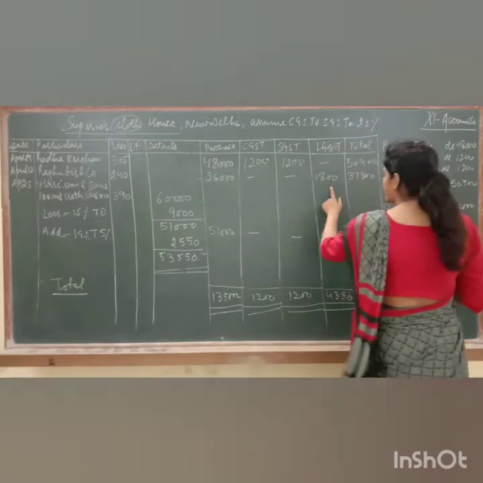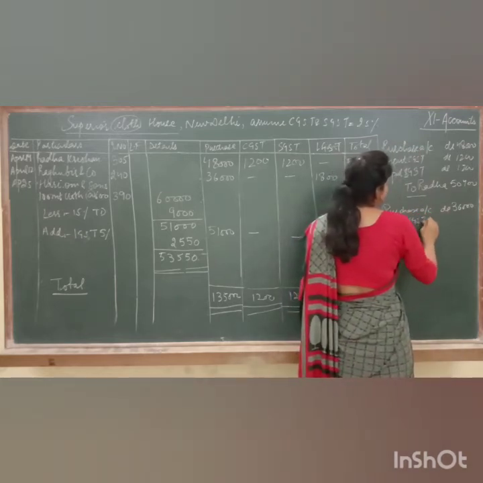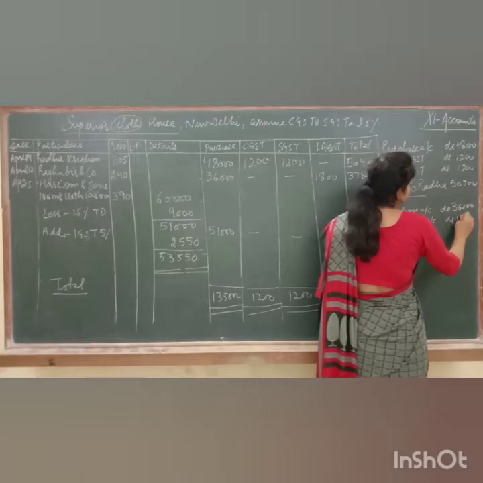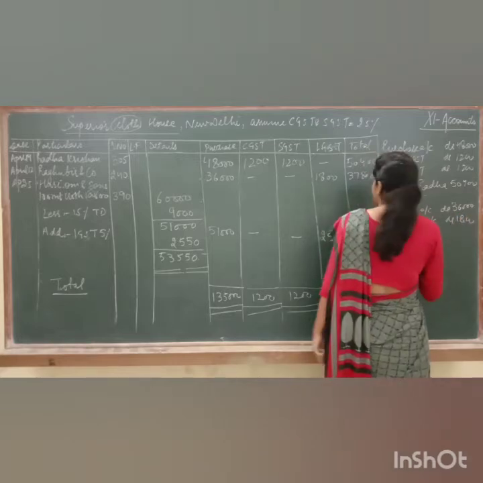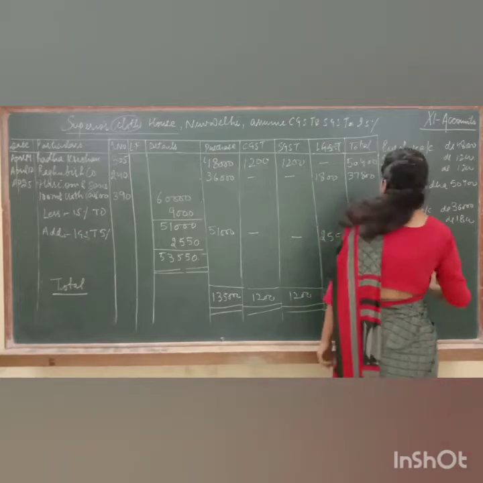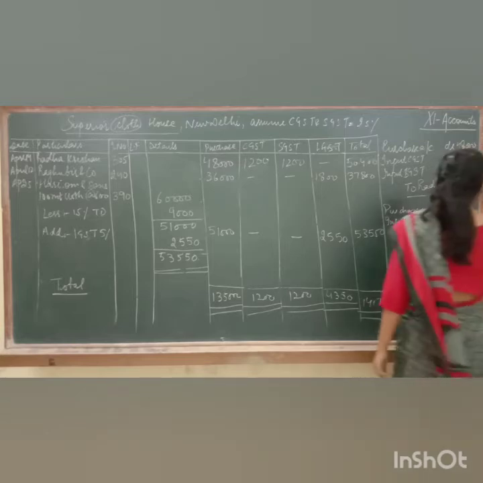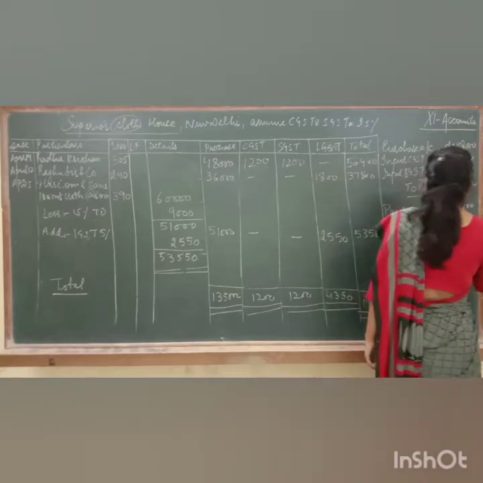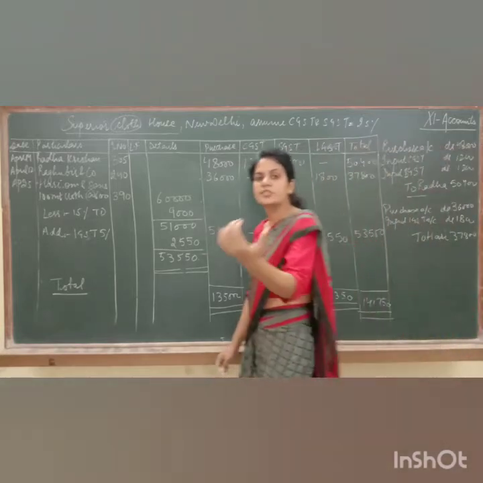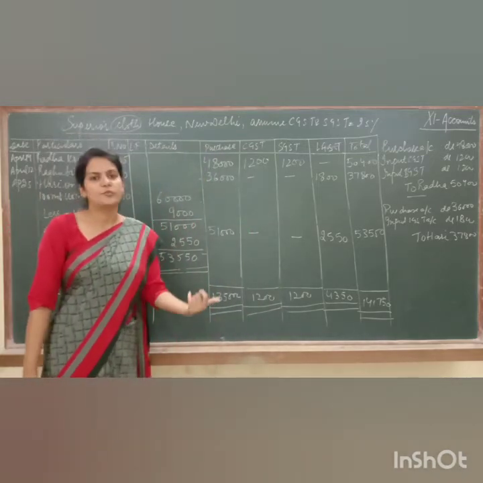Then we have charged IGST. So input IGST account debited. From whom we have purchased? Who is the supplier? Hariom is the supplier. And total how much amount we have to pay to Hariom? 37,800. Because whenever we purchase goods from somebody, the other person charges CGST or IGST or SGST from us and we have to pay it.